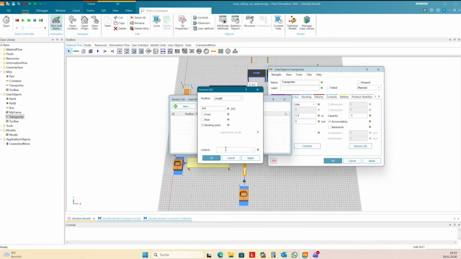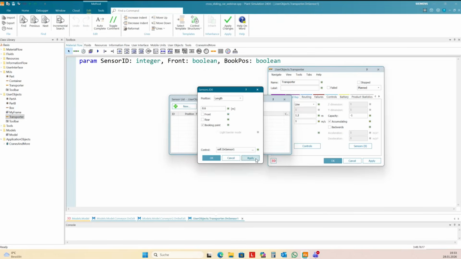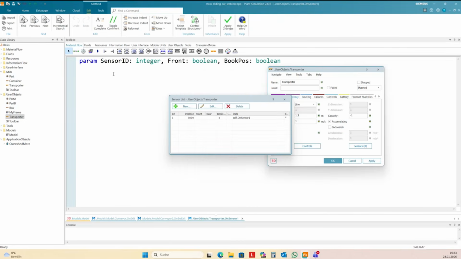And I create a control here in the transporter. Add is now the part. I need to stop the part. And then I set the transporter to backwards false, and unstop the transporter to start the movement.